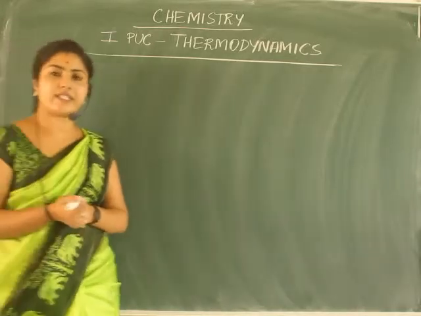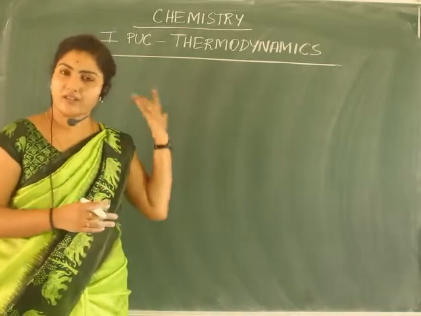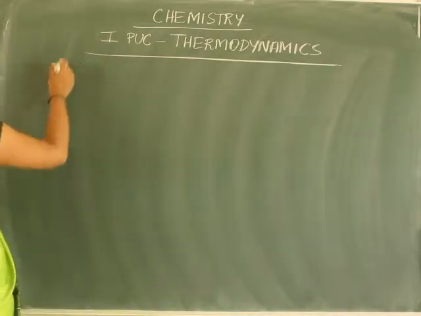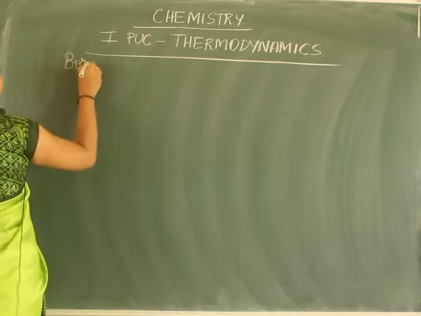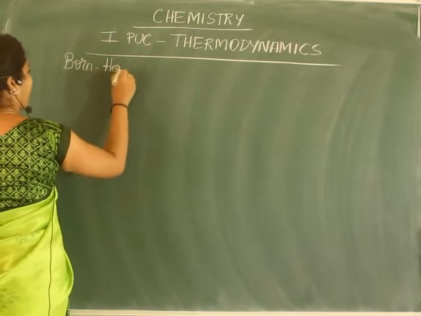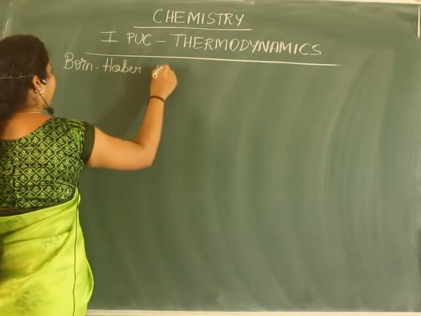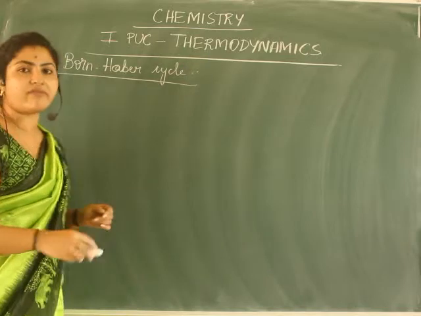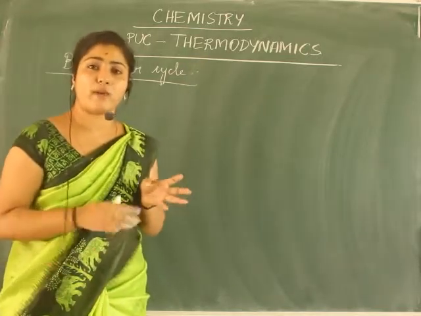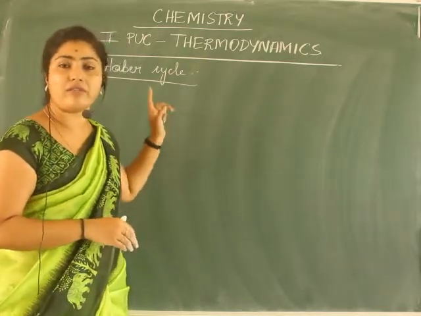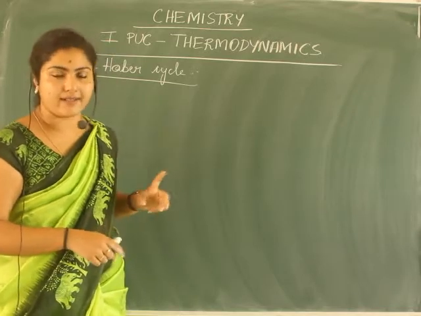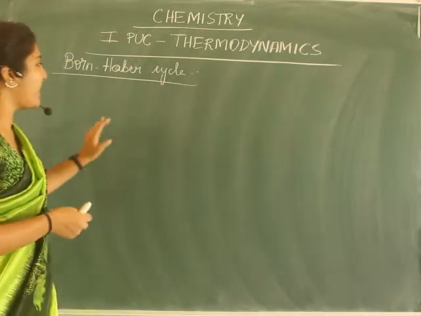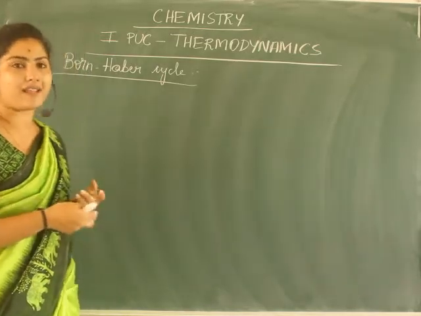Hello, we will discuss the Born-Haber cycle which we were discussing. In the Born-Haber cycle, I have roughly given you a picturization of what actually happens. Born-Haber cycle for the formation of NaCl. Why do we use this Born-Haber cycle? We use it for the calculation of lattice energy. Now let us write the equations separately and I'll explain how you can present it in your examination.